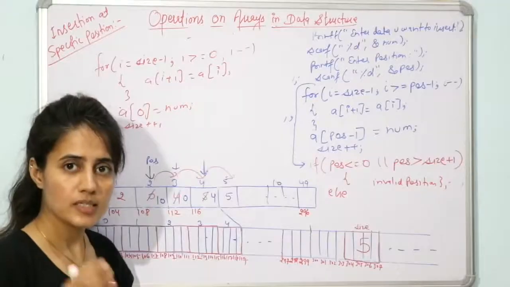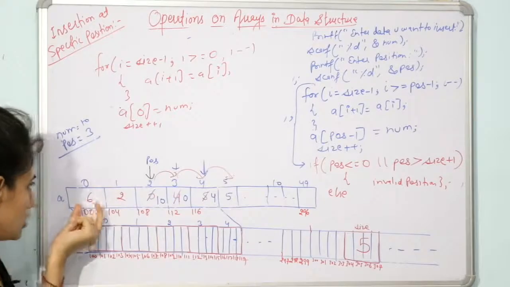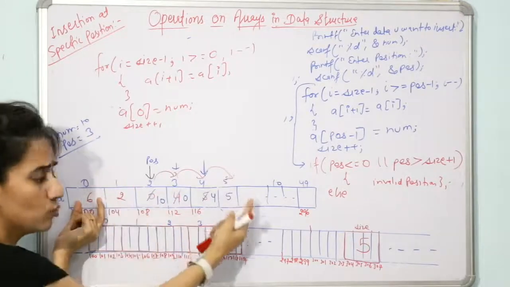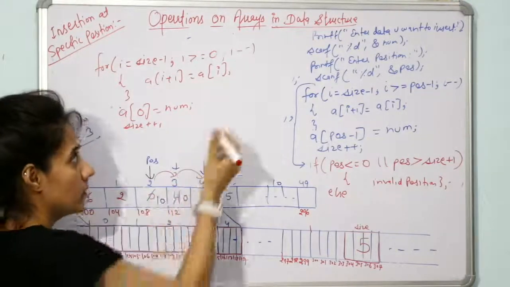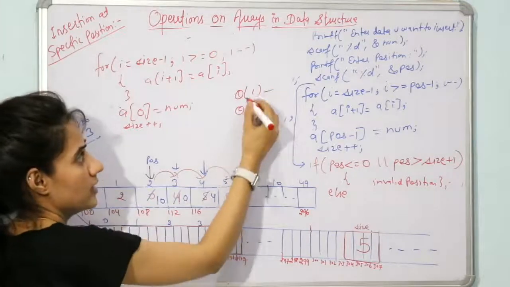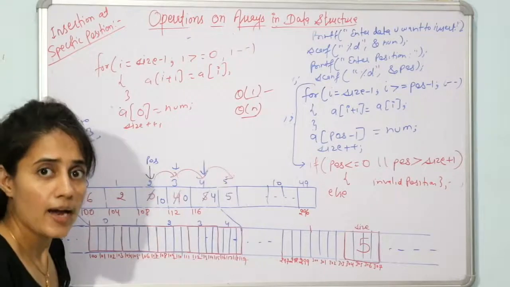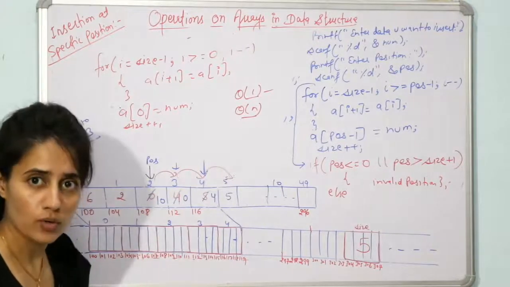So now if we discuss the time complexity, then see, if you are given some position, suppose the position given is this one, you are going to insert data here, so you are going to shift all the elements to the right side, so time complexity would be theta n. So in the best case it is 1, and in the worst case it is theta n. And basically the time taken depends on the position given, fine.